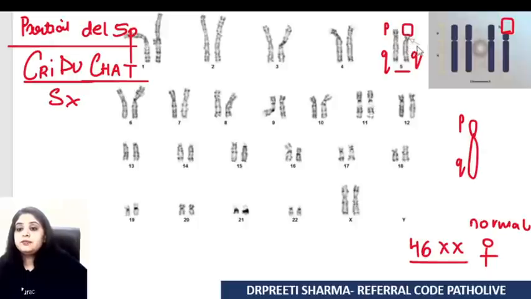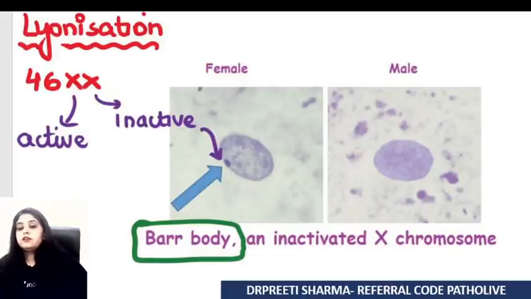So in the exam, the examiner gives you an arrow pointing towards somewhere on the 5 chromosome. Start thinking about this disorder. Well, this was all about karyotype. What are the next set of images that you can get? I think what everyone has heard of is a very famous concept of Lyonization.